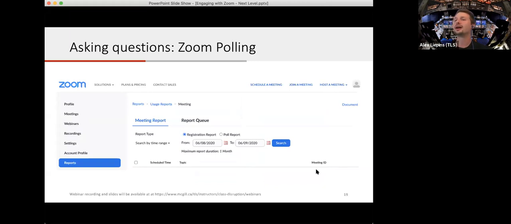Next feature, oh yeah, so sorry, that's where you're going to see the reports. It's going to be in the settings queue there in the reports. You want to wait at least about 30 minutes after a meeting before you try to generate that report. And just keep in mind, it's not great for data visualization, but it's always great to have that information to refer back to. So next feature,